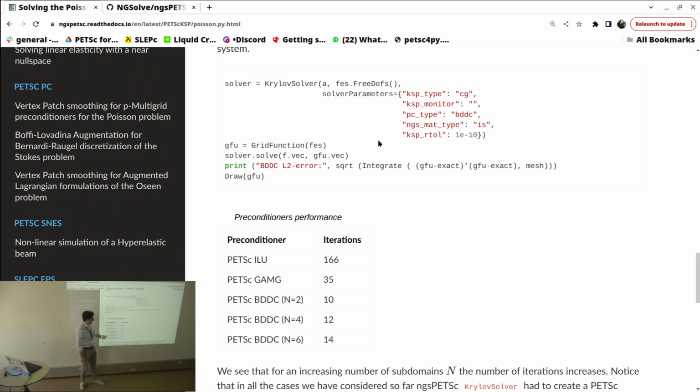We run with n patches, so increasing the number of patches, of course, the number of iterations grows. Because this is essentially doing direct LU on 2 patches, right? Then I'm doing direct LU, so I'm dividing the problem, making it smaller, doing LU in parallel with MUMPS, and then